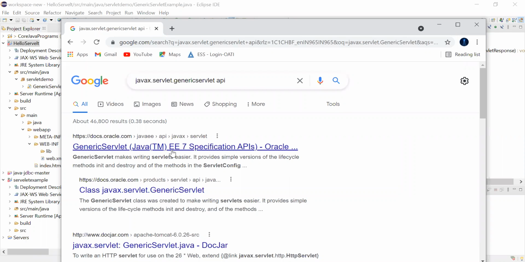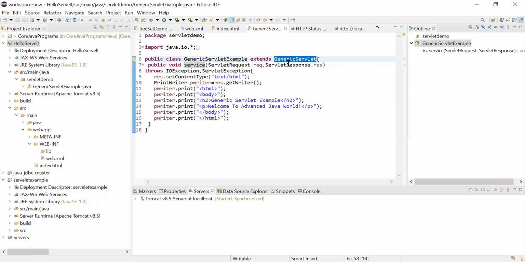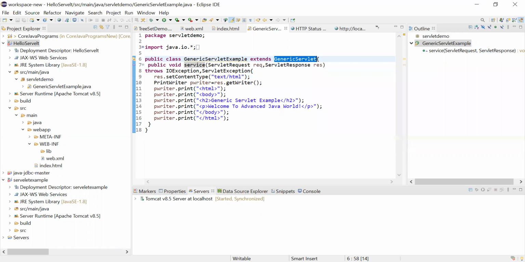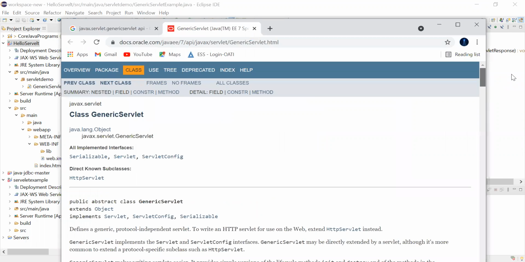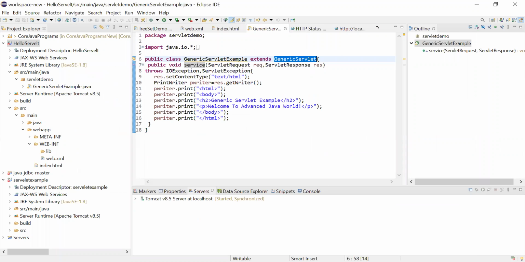If you want to understand this, you can go and check the documentation. Whatever you are seeing here, when you place your mouse cursor upon this class, the documentation will show here. When I open it here, you can see the entire documentation there. That's the beauty of Eclipse. It will load all the documentation here.